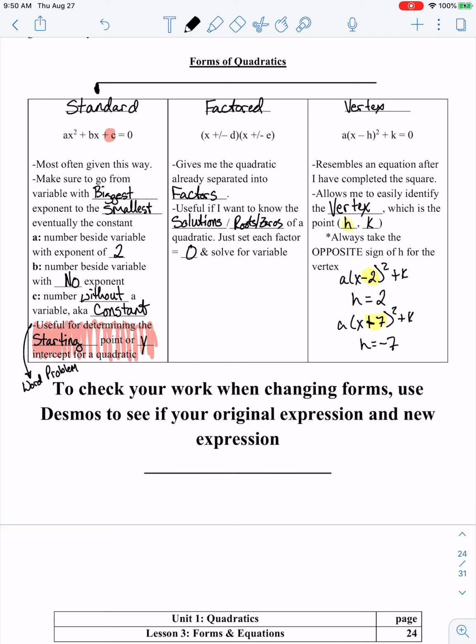To check your work, so this is going to be huge. A bunch of questions are going to come from changing forms. So go from standard to factored, standard to vertex, factored to standard, factored to vertex, vertex to factored, vertex to standard. There's a lot of different forms here that you have to remember,